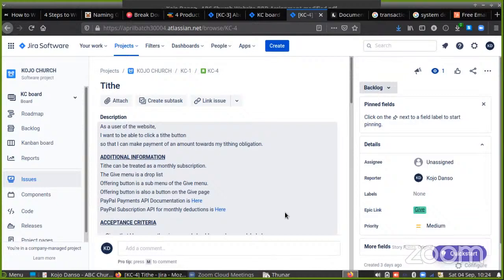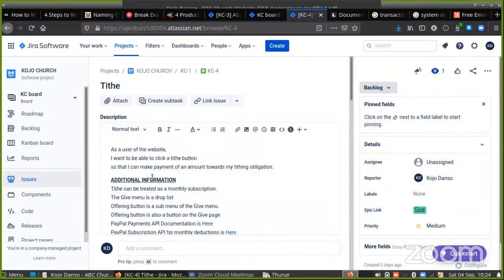Okay, so this one is for the tithing. So it says, as a user of the website, I want to be able to click a tithe button so that I can make payment. Sorry, this is supposed to be a give button. So instead of a user of the website, if you don't want to commit yourself, you can say as a visitor of the website. Okay. As a visitor of the website, I want